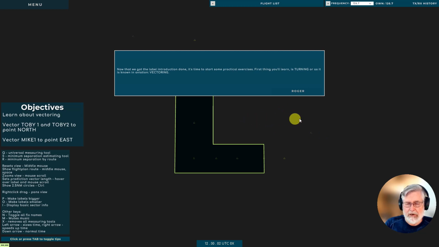L-shaped sector. I'm not sure what this sector is called, but it's in the shape of an L, and that will make more sense when we get on into the